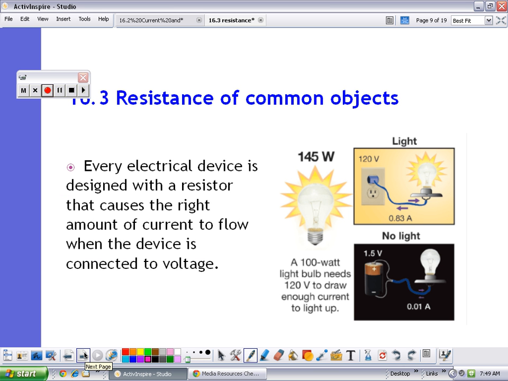Every electrical device is designed with a resistor that causes the right amount of current to flow when the device is connected to voltage. So here you have a light plugged into a 120 volt outlet, and you get 0.83 amps of work. Well, if you decrease that to 1.5 volts with a battery, you only get 0.01 amps, and you're not going to have any light output